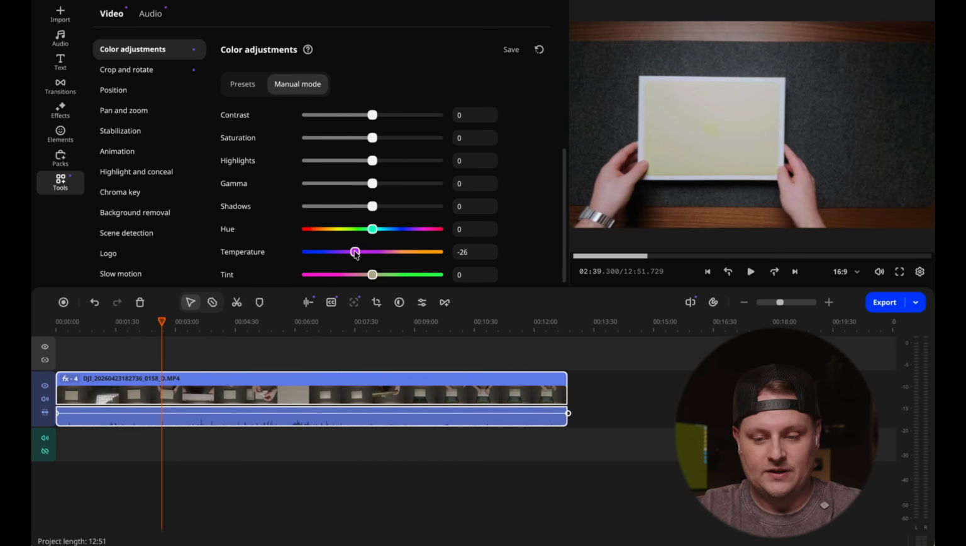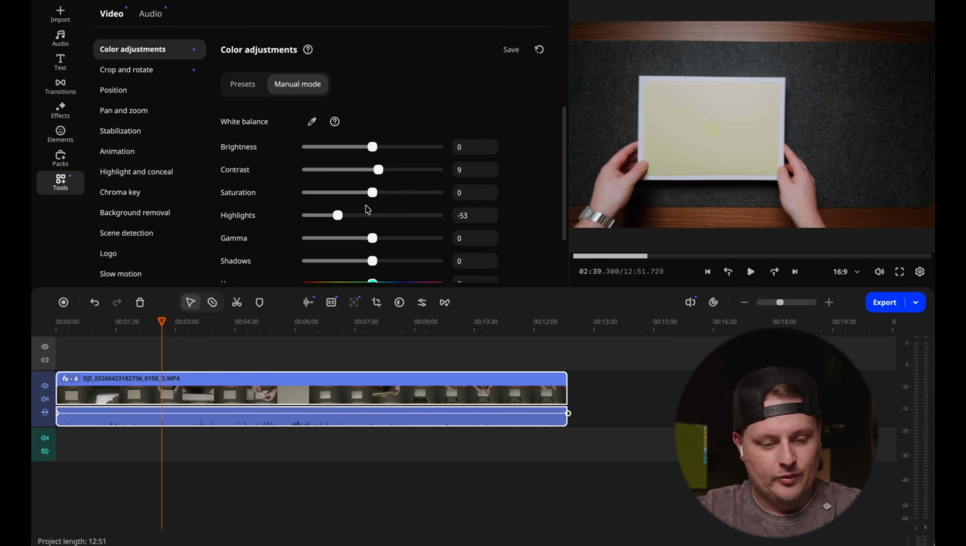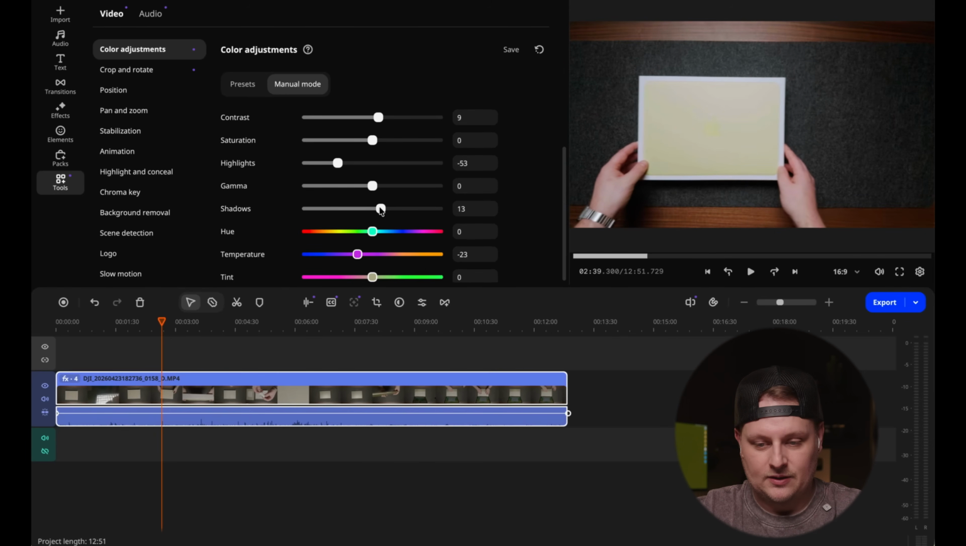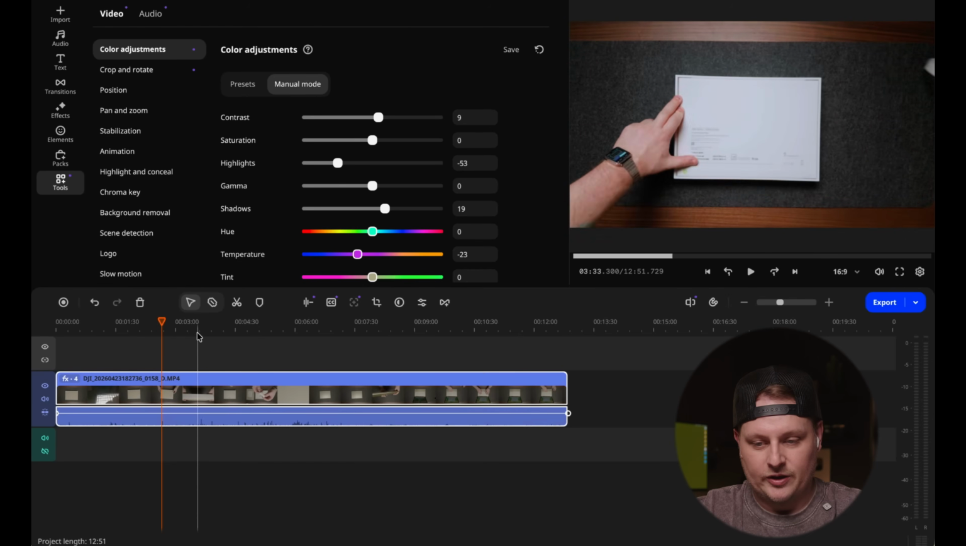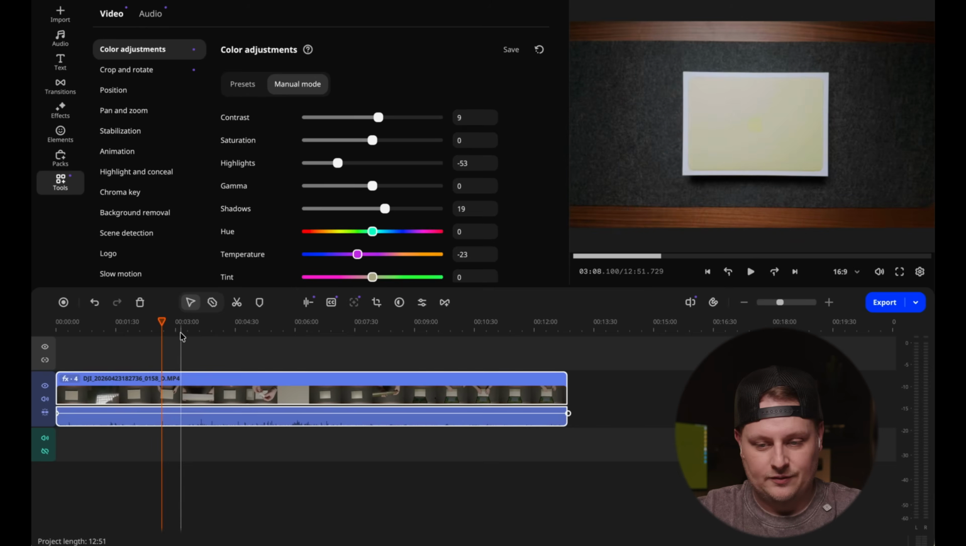So I'm gonna go to the left here, cool that off a bit. We're gonna bring the highlights down a little bit. We're gonna bring the contrast up a little bit. It's looking pretty good. And I might bring the shadows up just a tiny bit. So that's looking pretty good there. That's looking pretty natural. So before I start editing, what I typically do is I find some music and then